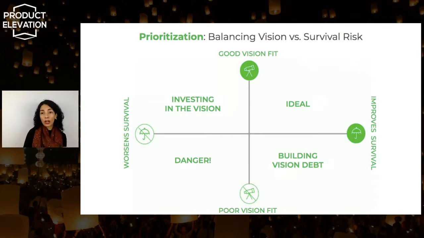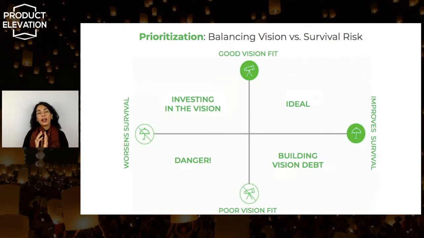If you're a startup, this survival is about financial survival. If you don't make money, you don't have fundraising done, or if you don't bring in revenues, you're dead. That's your survival. If you're a big company, survival may not be about finance. Let's say you're a big bank, you have the money. So survival for a product manager in a big bank, for example, might mean internal stakeholder support. If your stakeholder thinks that your product is worthless, that we really don't need it, they'll stop funding your product and your product dies.